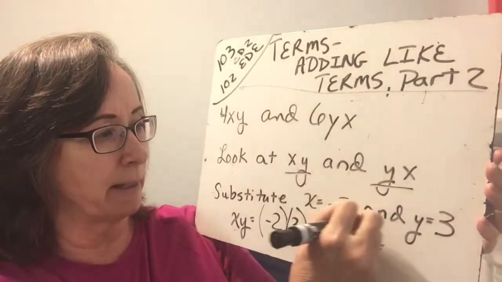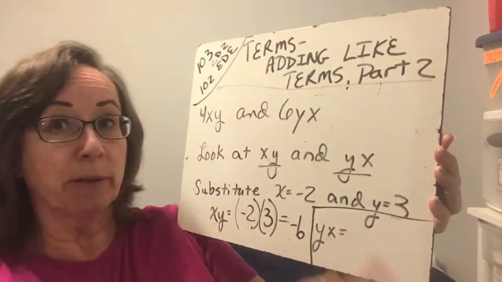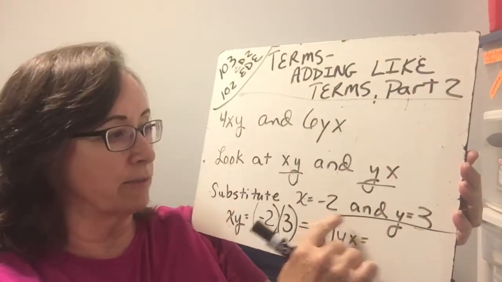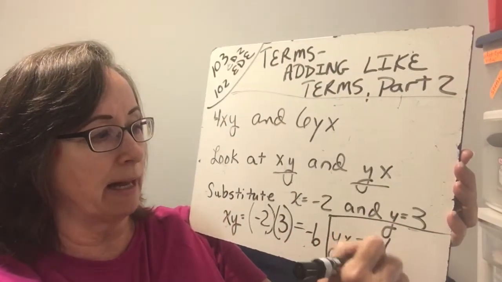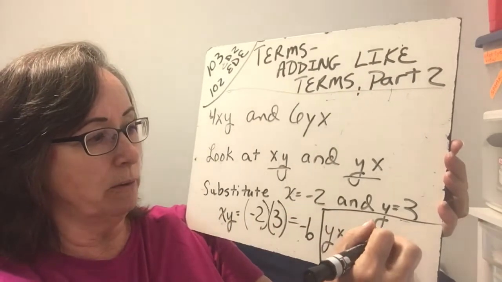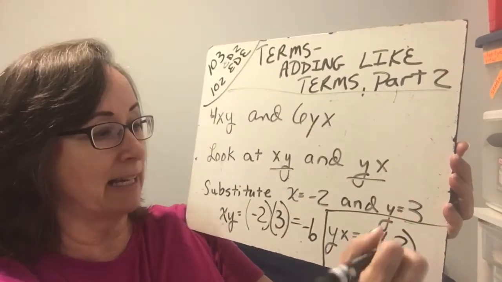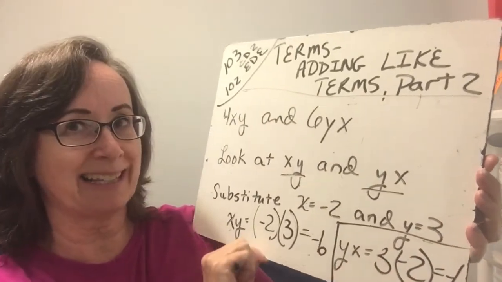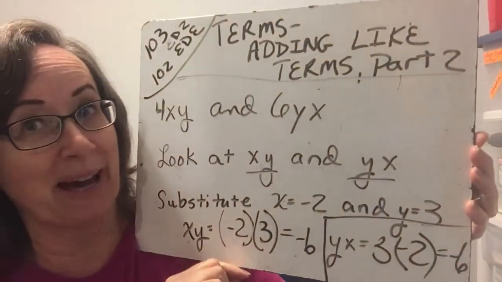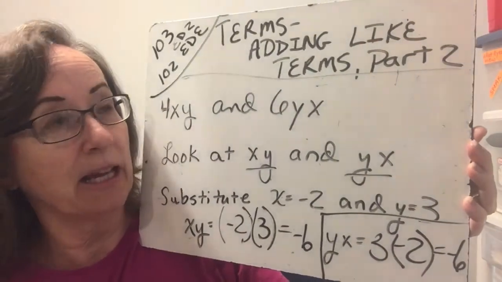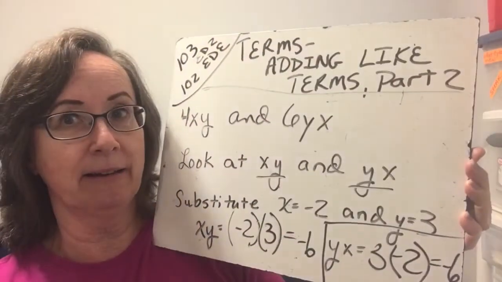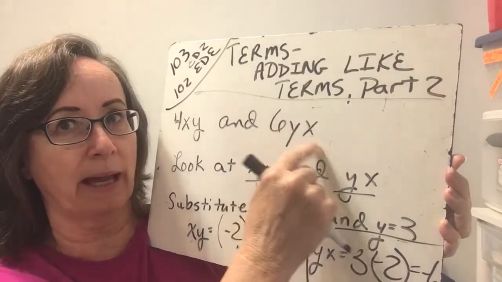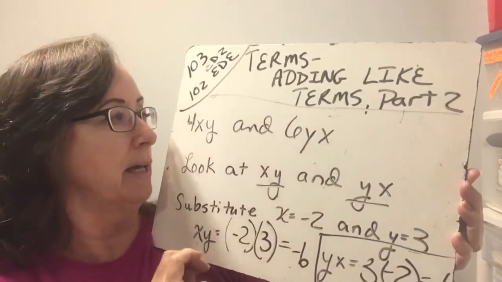Okay, so we'll make this one come over here. And then we're going to do the same for the YX here. So the Y goes first, so we're going to have a 3 times a negative 2, and again, that is a negative 6. So we had a negative 6 and a negative 6, and the order did not matter, not even a little bit. So we can, with confidence, say that 4XY and 6YX are the same,